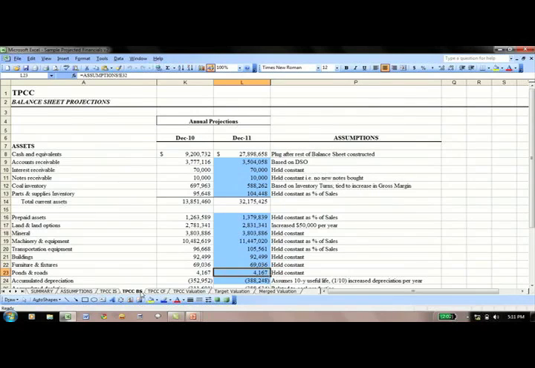Now depreciation. Depreciation is a function of the equipment that you have and that you purchase on a year-on-year basis. So the assumption for depreciation is that our equipment that we buy is going to have a 10-year useful life, and it's going to have a straight line method depreciation over 10 years. So using that assumption, we look at what the